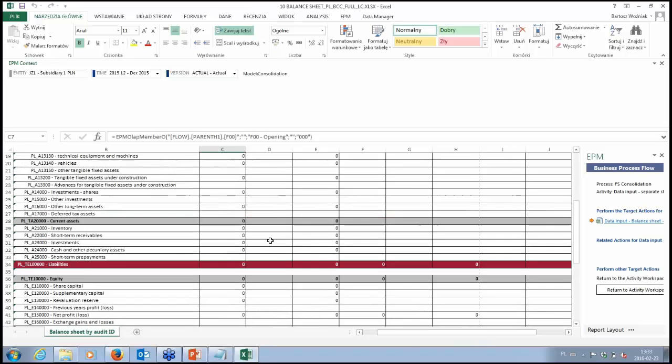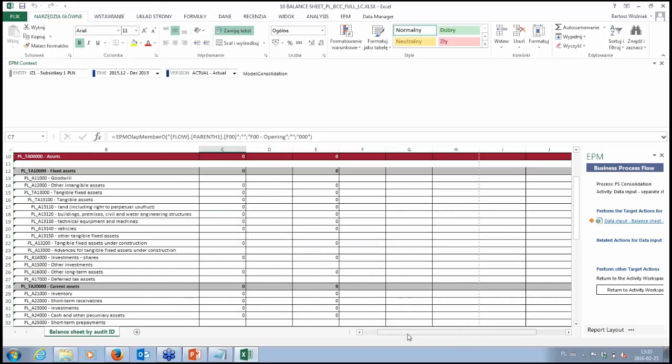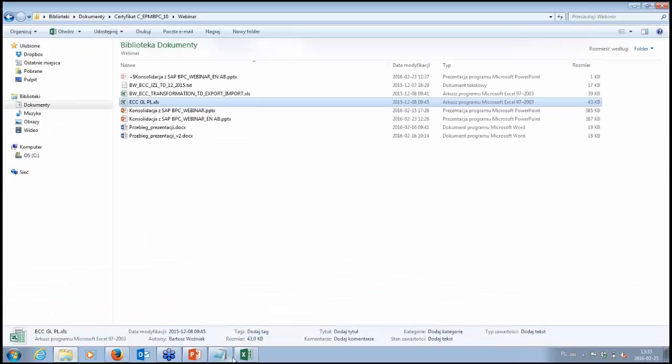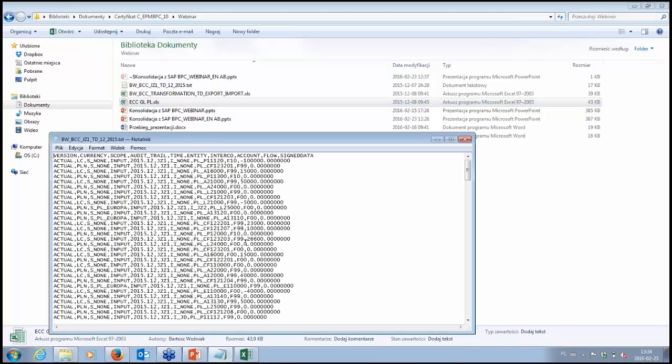So we have a blank spreadsheet, and now we will try to import some data from a flat file. I just want to show you how it looks. This is just a simple flat file. I'm sure that it is possible to produce such a one from almost every transactional system, so that should not be a problem for you in future use.